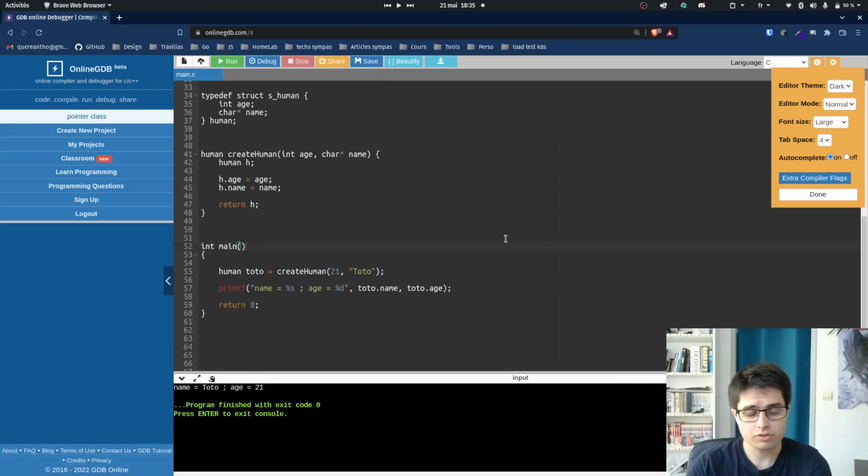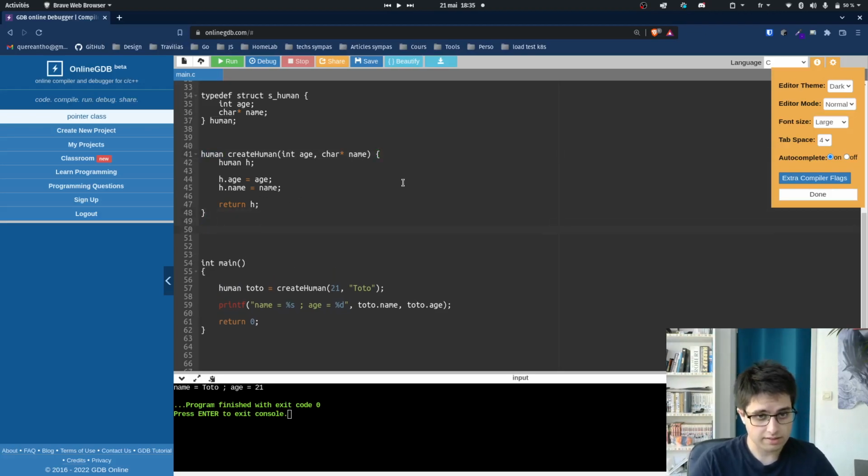And so that's the basics of how you can represent a human. Notice that that's not a pointer. That's very important that that's not a pointer. Because for example, if you create a function that says okay,